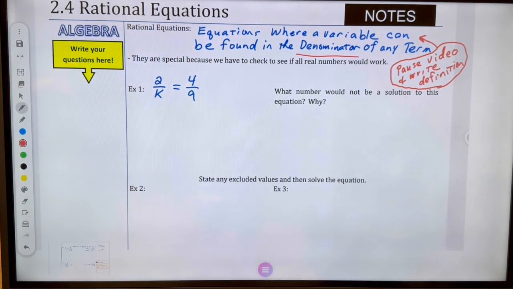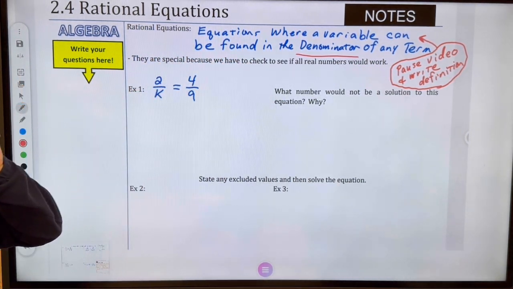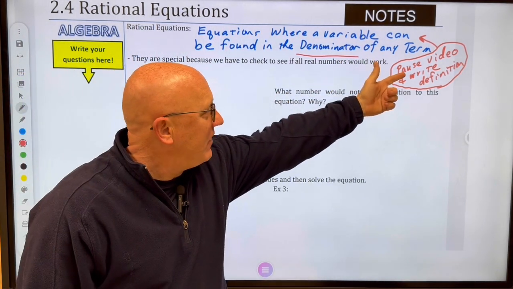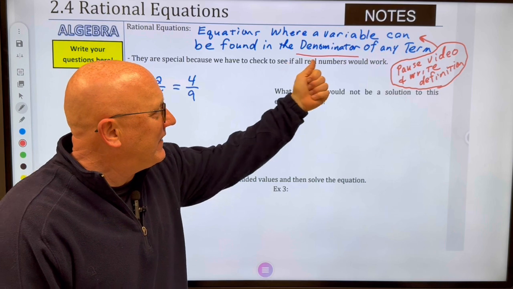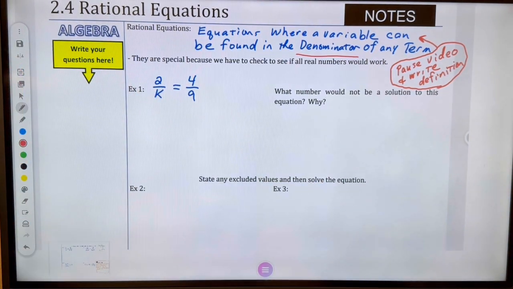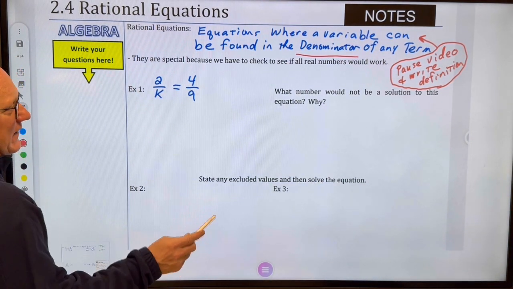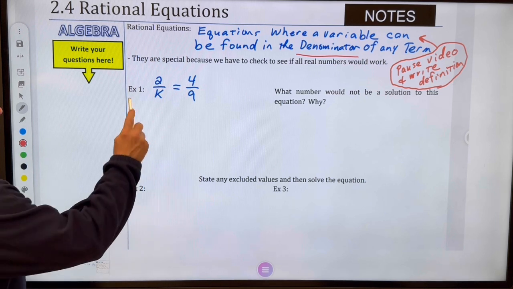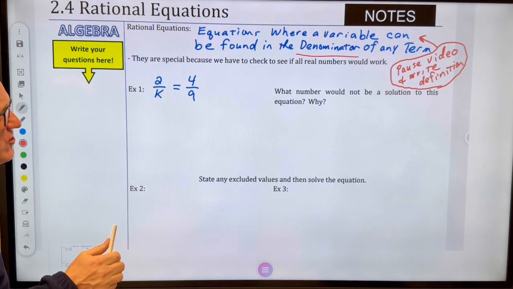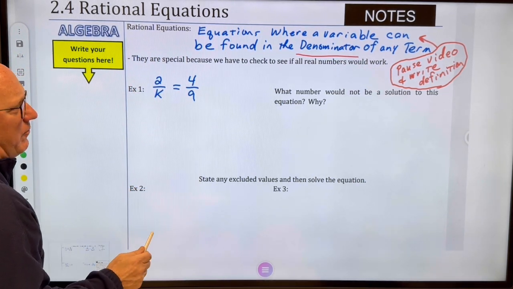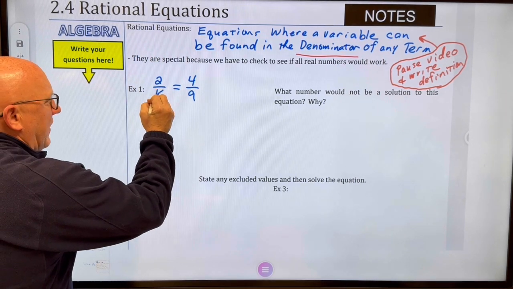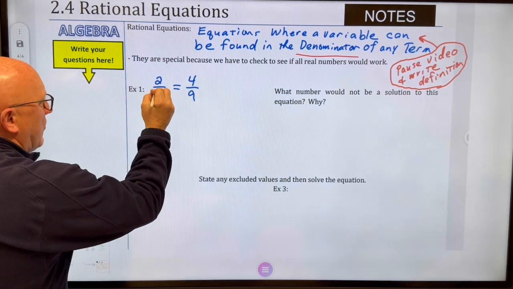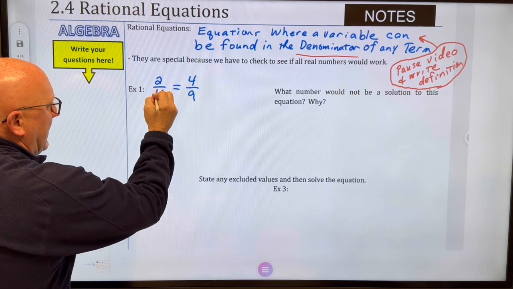So we start with this definition. And again, throughout this video, pause it if I go too fast, but make sure you get the definition as such. All right, so let's get right to it. They are special because we have to check to see if all real numbers work in this particular equation. And one of the things I'll note here is when you have a denominator,